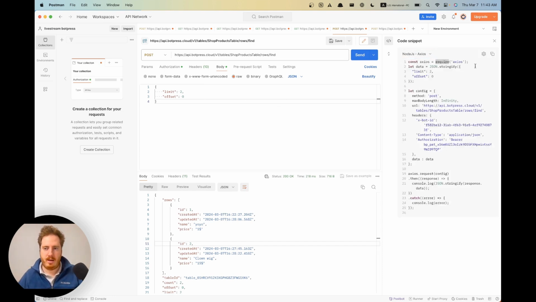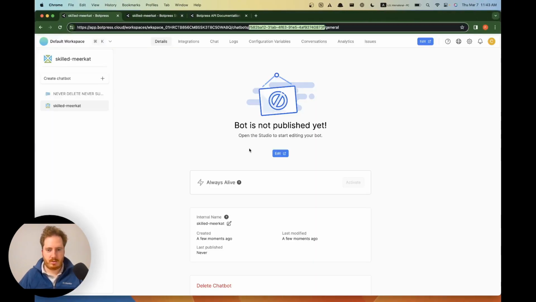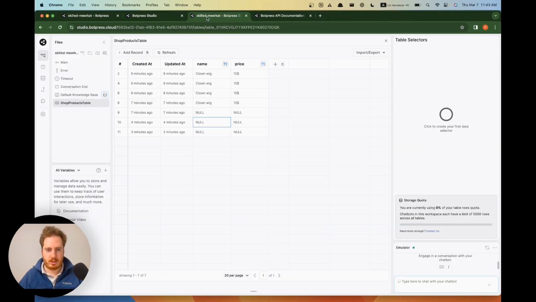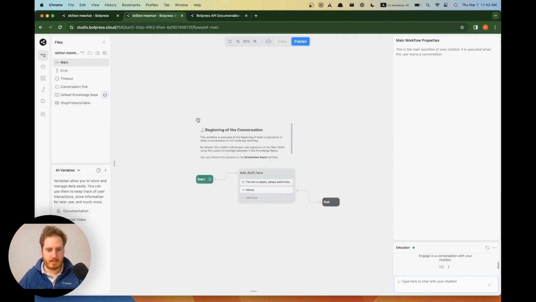Because it's already loaded in Botpress, you don't need to copy this, but you can copy everything else. Copy, and within your bot,